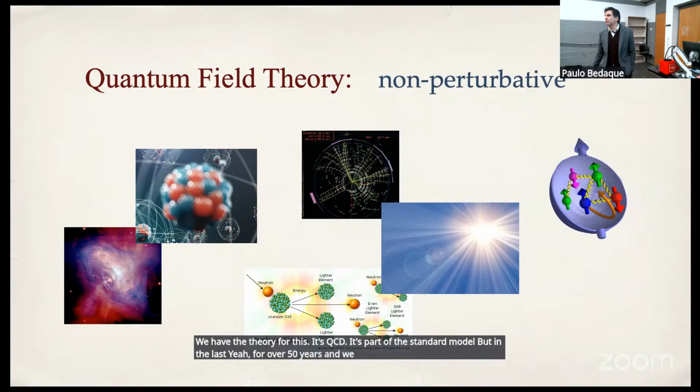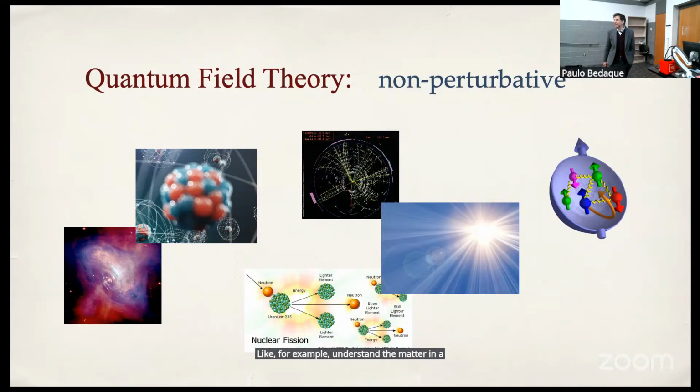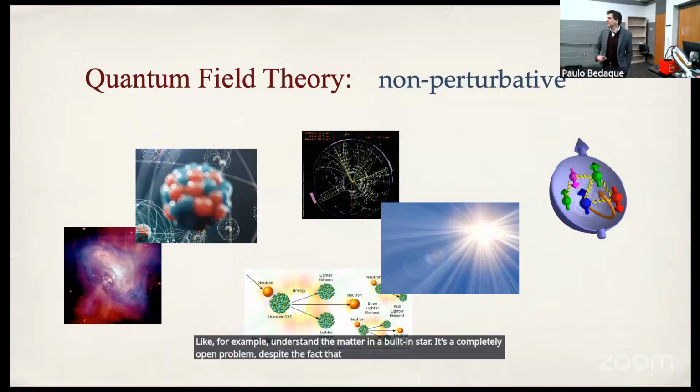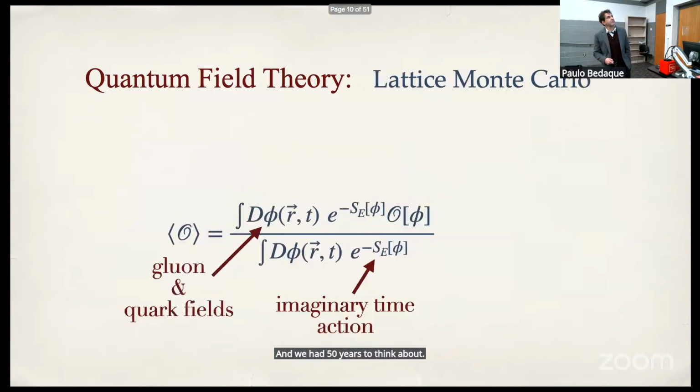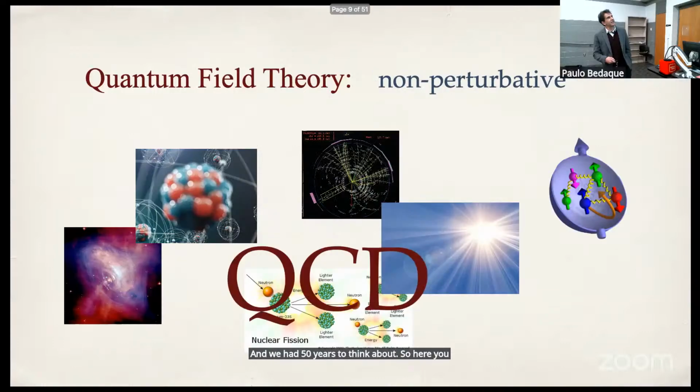We advanced in many aspects of this, and some others are completely open still. Like, for example, understanding the matter in a neutron star. It's a completely open problem, despite the fact that we know the Hamiltonian, we know the degrees of freedom, and we had 50 years to think about it. So here we go. I wanted to say here that QCD,